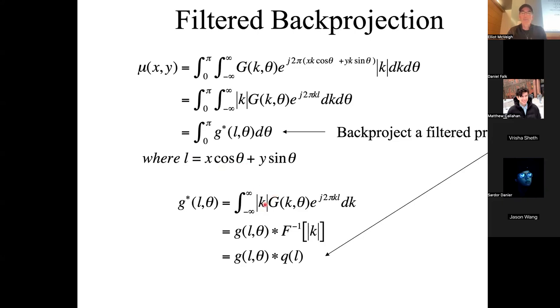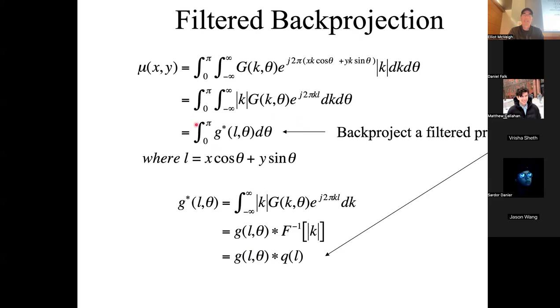And so that's what's happening to this function. It's getting multiplied by something that, as K gets bigger, is multiplied by bigger and bigger numbers, right? As it goes out. And at the origin, it's multiplied by 0, right? So we can achieve that if we know what the inverse Fourier transform of K is. We do, right? We can calculate it. We can just convolve GL theta with that, and that will achieve